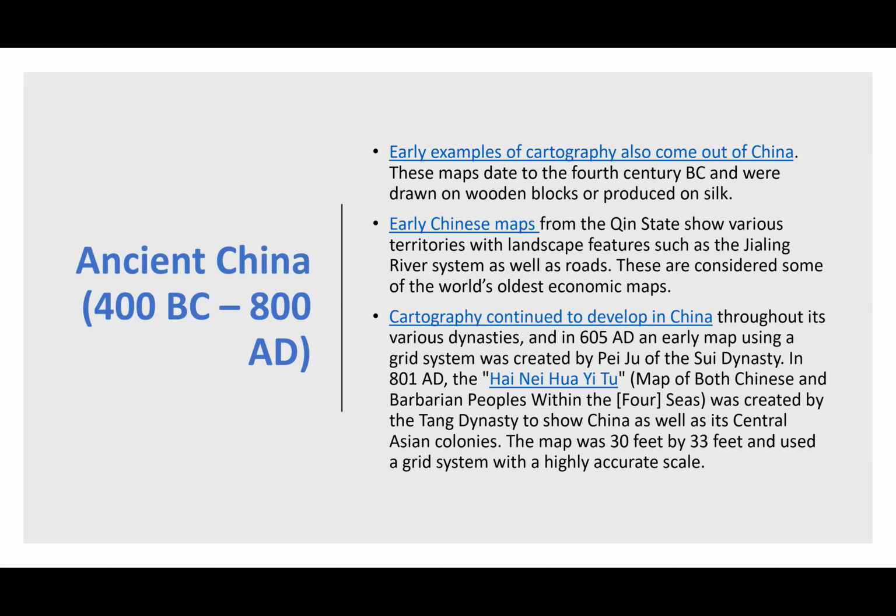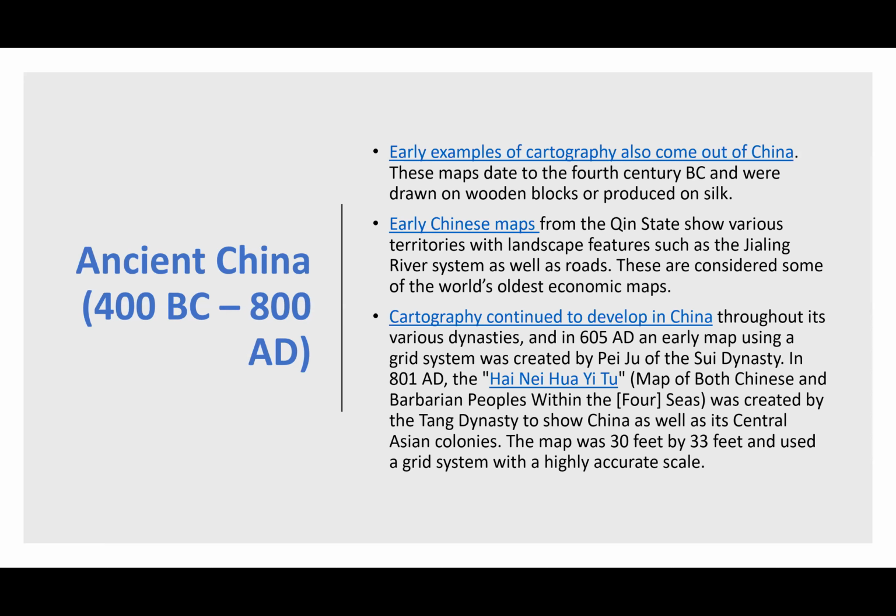economic maps, particularly because navigation and observable phenomena, particularly barriers, were economic information. Like, how do we get our goods and services, or our goods for trading, to the place where we want to trade? And so this system of navigation is still part of map use, map creation, map impetus. And it continued to develop in China throughout its various dynasties.